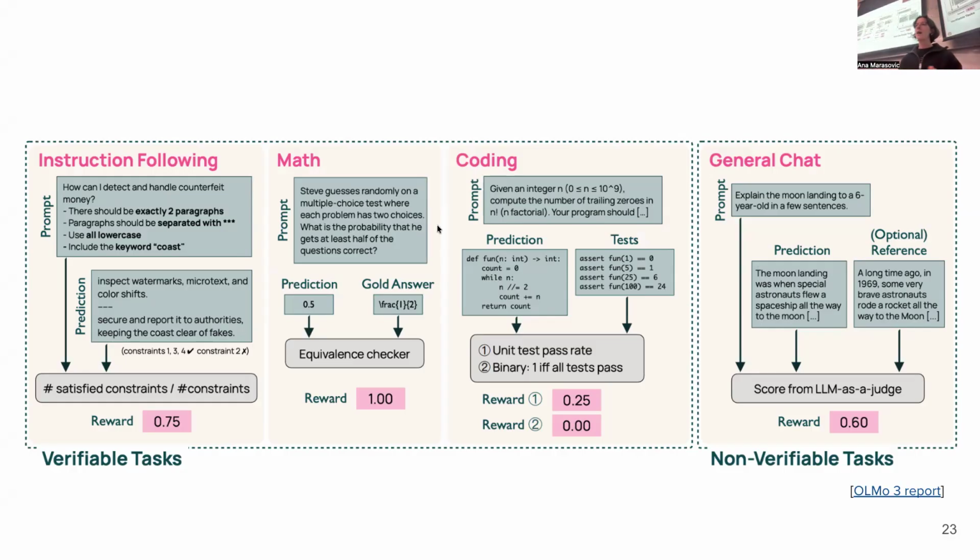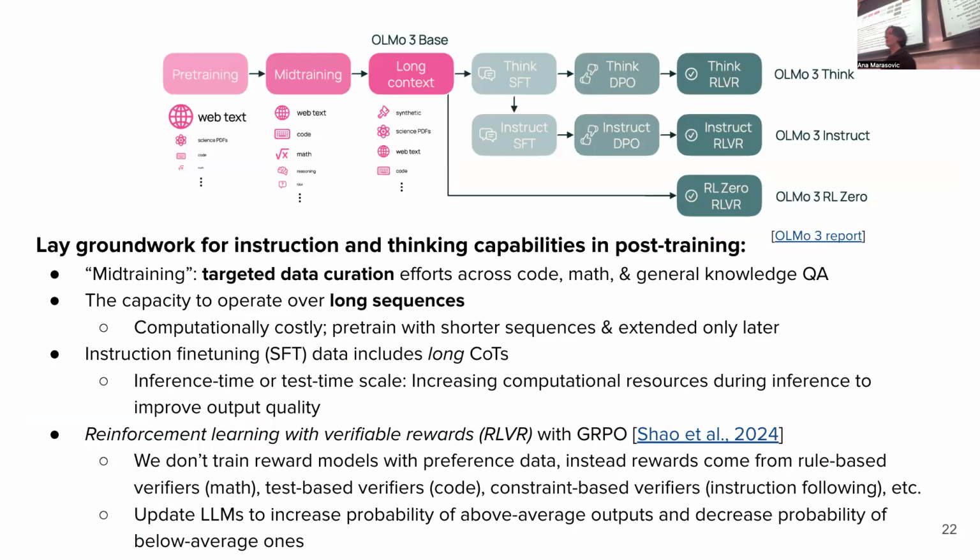On the other hand, with math, you can have a correct answer. There is just a single correct answer. It's objective. There is no discussion about it. So you can just say, hey, did you get the right answer or not? Similarly, with coding, we have compilers, right? So why can't we just compile and run some unit tests and see whether the code works? If it works, we give the reward, and if not, we don't. So verifiable rewards are different from the rewards we were talking about when we were talking about harmlessness,